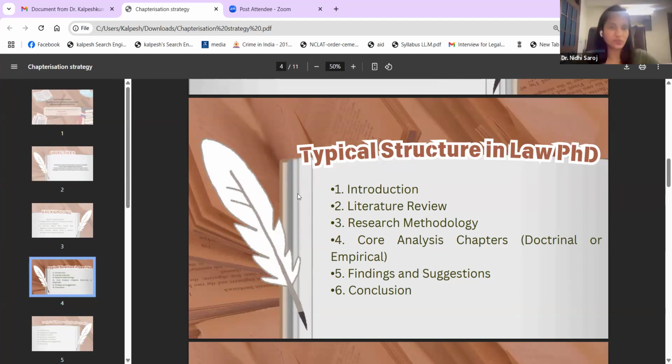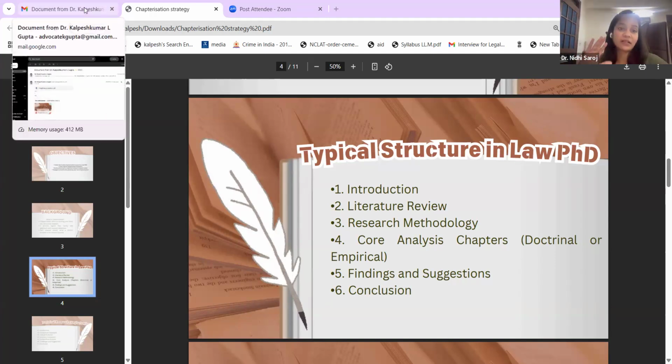If you want to do an extensive literature review, especially when you are doing doctrinal research and you are relying only on existing literature, it does not end there. Literature review means you are reviewing it, you are highlighting the gaps, and you are also mentioning the use of this particular literature in your research. In the core chapters, you will have to do an analysis and highlight the other aspects related to the literature. So this is the basic structure, whereby in the introduction you talk about your research objectives, hypothesis, research questions, your limitations and findings.